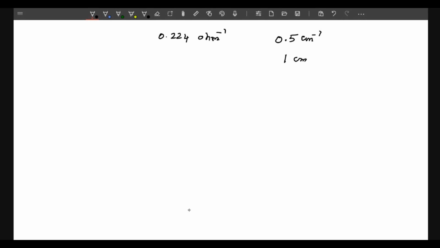When the cell constant is 1 per centimeter, L by A value, then option A,